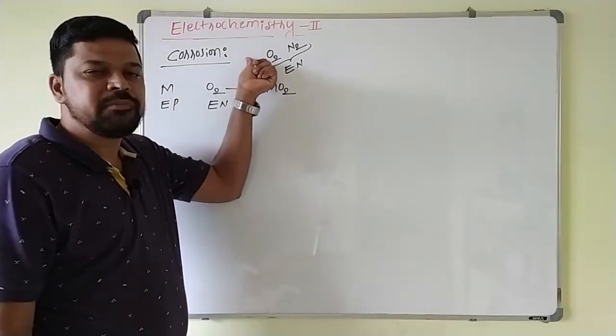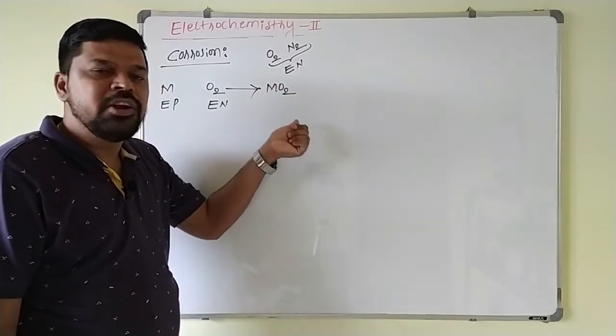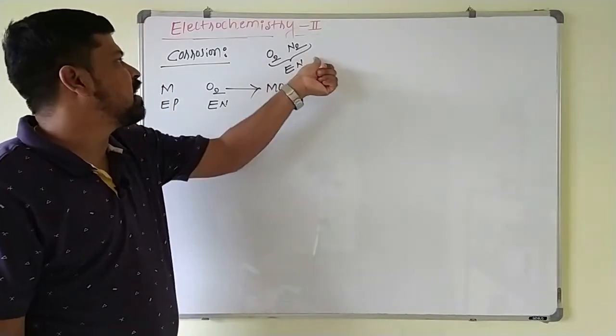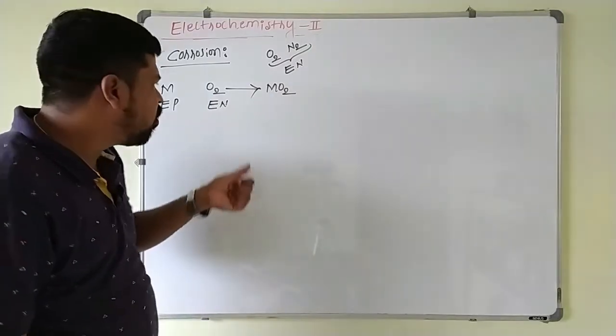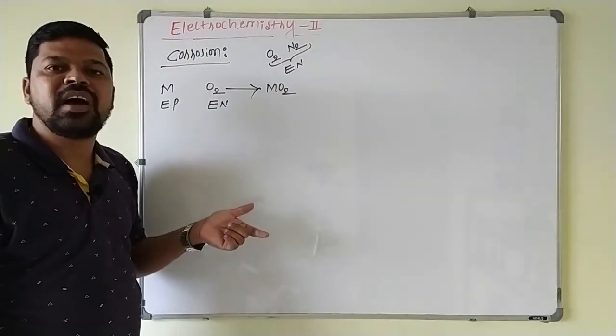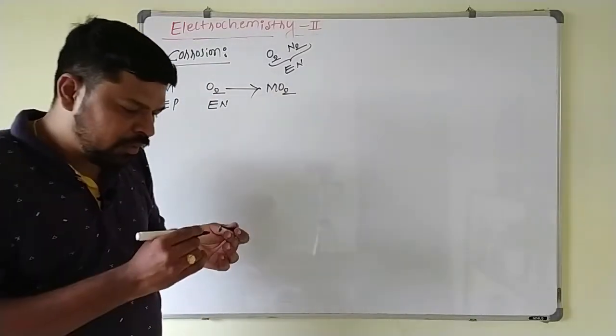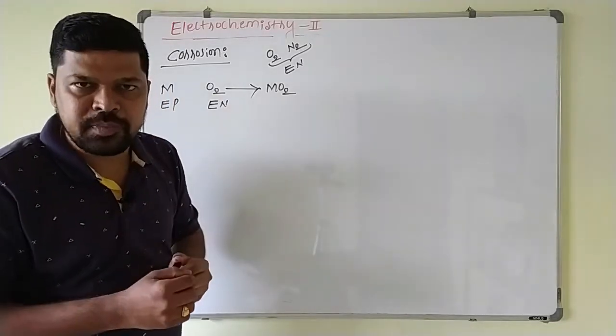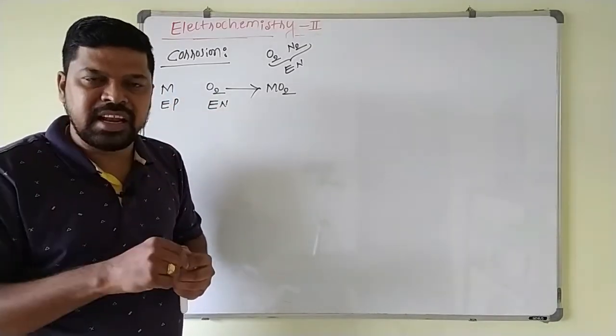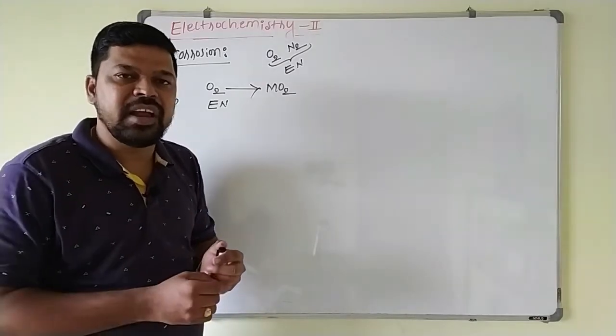What is the corrosion here? Decrease in the strength of the metal due to their reaction with atmospheric gases is called corrosion. The corrosion of iron is called what? Rusting of the iron. What is rusting of iron? Whenever the iron is kept in an open atmosphere, it will develop some brown color scale. That is nothing but rusting of the iron.